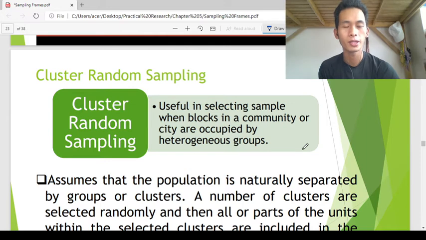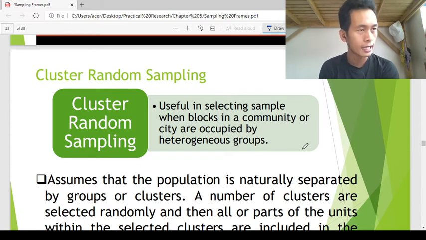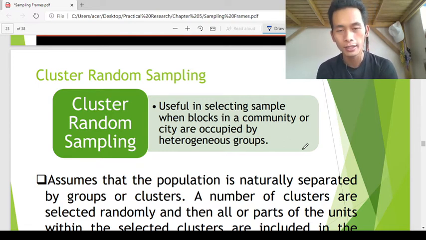Cluster random sampling is useful in selecting sample when blocks in a community or city are occupied by heterogeneous groups. So cluster random sampling is applicable if the population is composed of heterogeneous groups. Since it is heterogeneous, stratified cannot be applied, right? Stratified is for homogeneous. Cluster random sampling is useful in selecting sample when blocks in a community or city are occupied by heterogeneous groups,